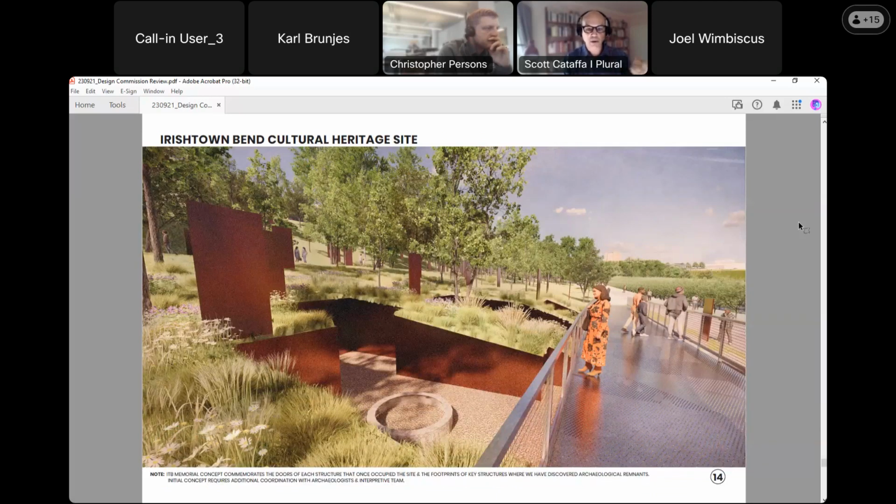So in this view, the idea is that because the slope is so radically changed from its historic condition, a lot of the foundations upslope are really deep under the fill, but when you get closer to the river, they're a little bit more shallow because there's less fill placed there, so we can actually get at them more clearly. So we're thinking there's a section that might have these walls that delineate the footprints of the historic